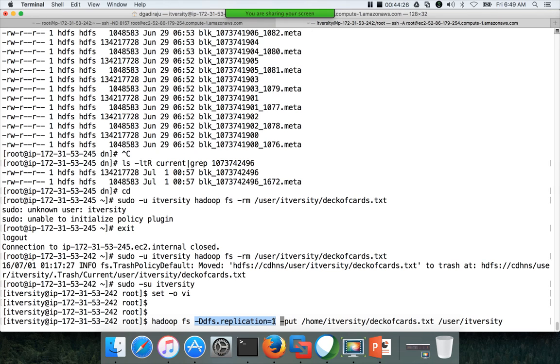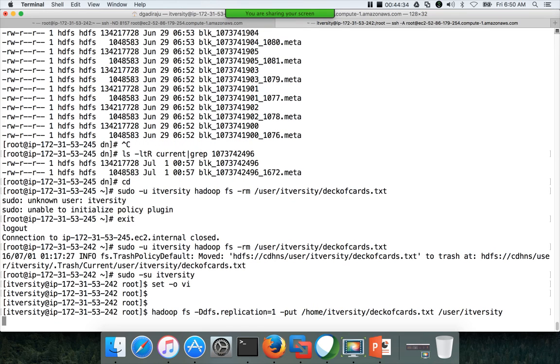The actual service-wide configuration for the replication factor is 3, but we are overriding it to 1 here while copying into HDFS. So when I say dfs.replication=1, there will be only one copy of each block. Let it copy, then I will explain.